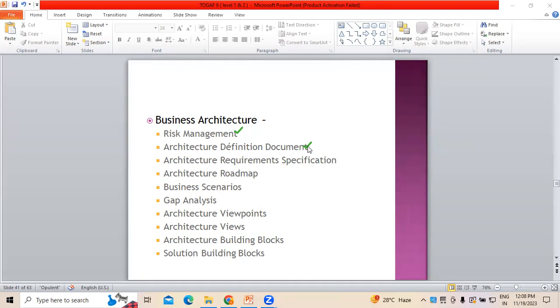Not only the architectural definition document, we must also know about the architectural requirement specification, which majorly focuses on the type of requirements which are essentially involved in it. So what is the architectural requirement specification? It covers conformance measures to be taken, which we will be gathering from the perspective of a business analyst. So the architectural requirement specification principles as well as the requirements will be gathered.